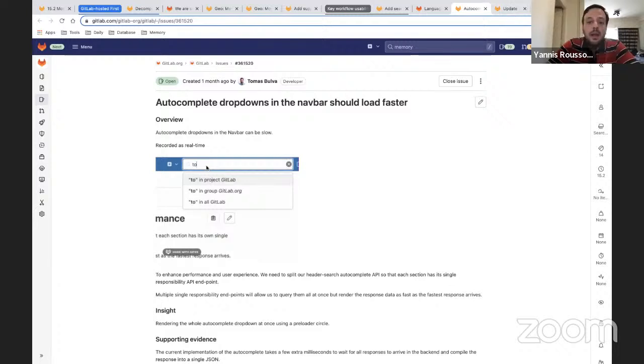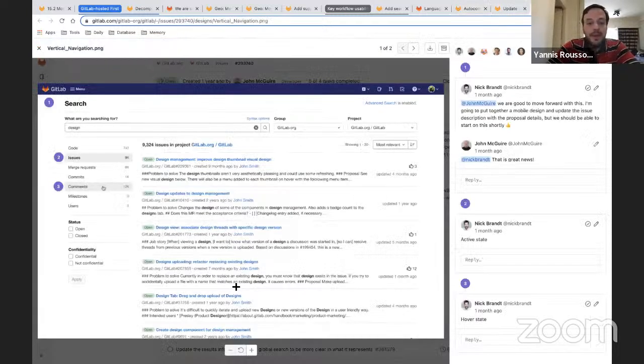And finally, an update to our search results page. We're planning to move the scope filters from up here, where they are right now, to the left. That will allow us to push up the search results and move more of them above the fold, which is very important because users most of the time check the results that are above the fold, and at the same time it increases browsability. That's it for Enablement.